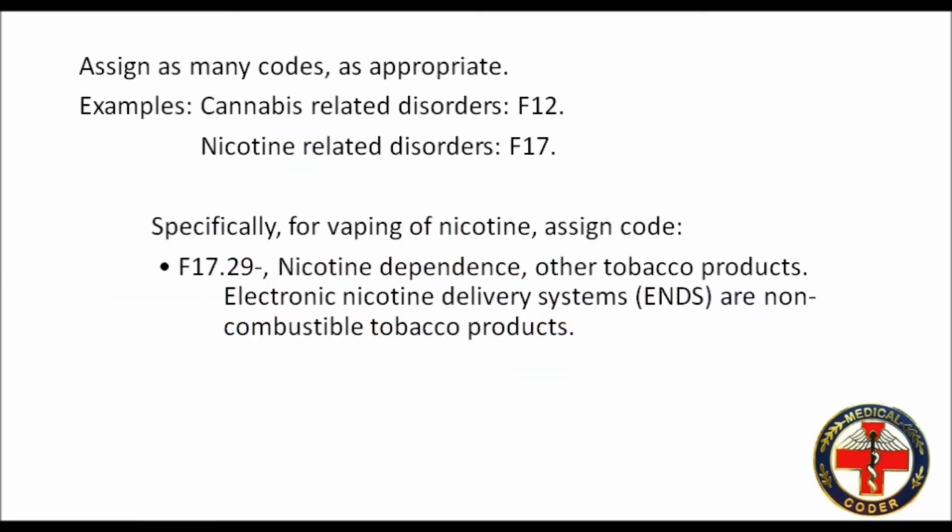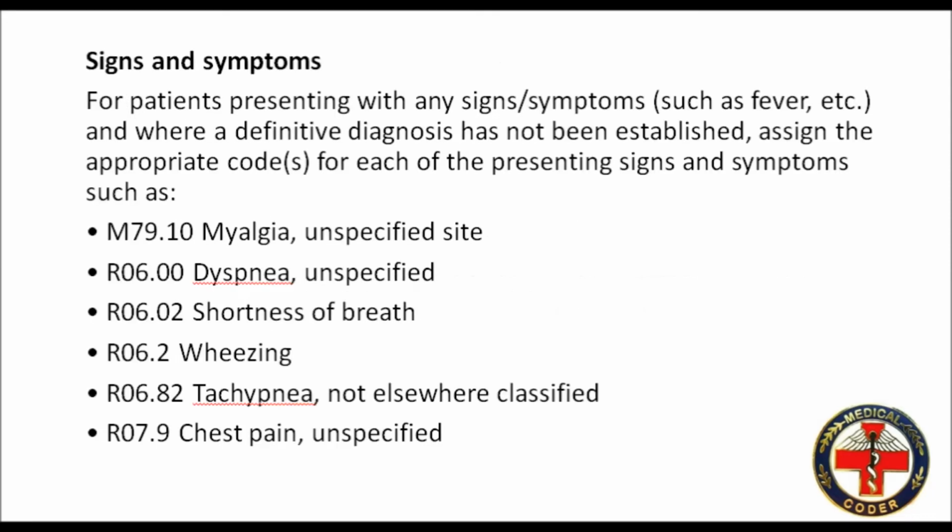Assign as many codes as appropriate. Examples: Cannabis-related disorders, F12. Nicotine-related disorders, F17. Specifically, for vaping of nicotine, assign code F17.29, nicotine dependence, other tobacco products. Electronic nicotine delivery systems, or ENDS, are non-combustible tobacco products. Signs and symptoms. For patients presenting with any signs and symptoms, such as fever, etc., and where a definitive diagnosis has not been established, assign the appropriate code for each of the presenting signs and symptoms such as